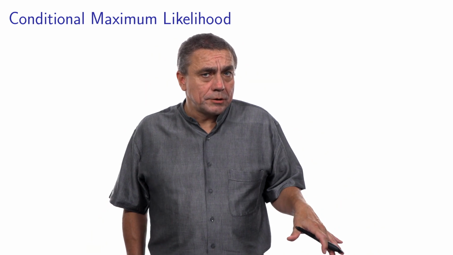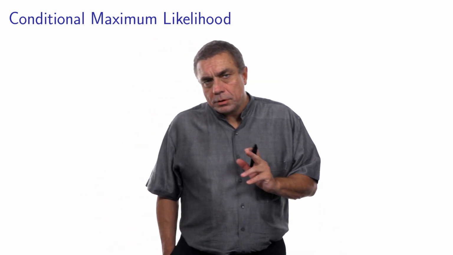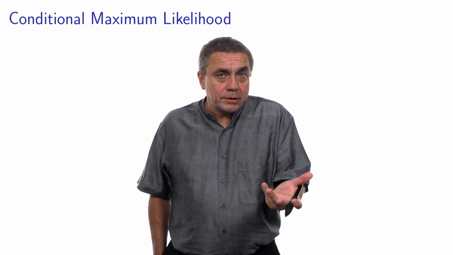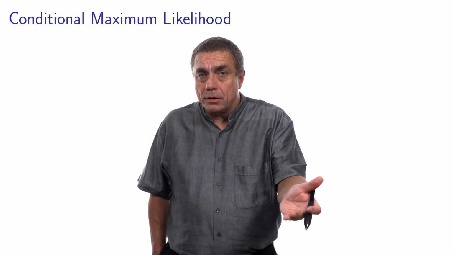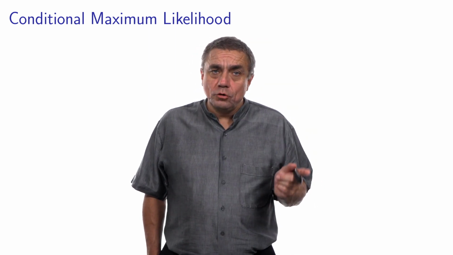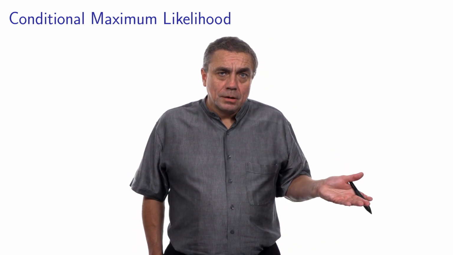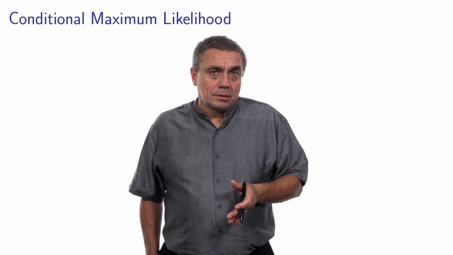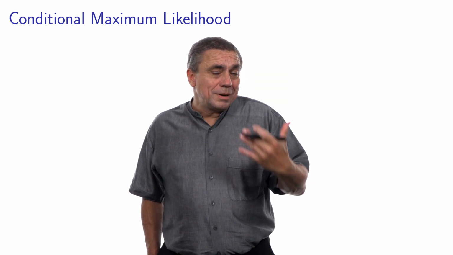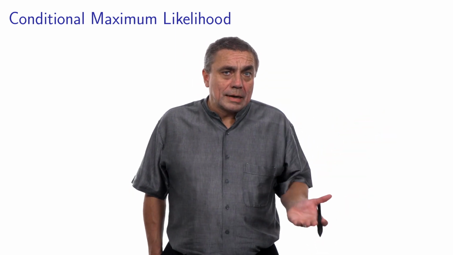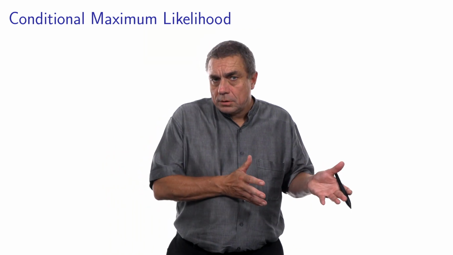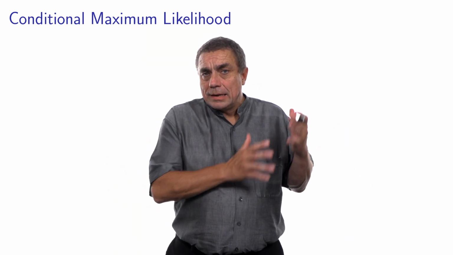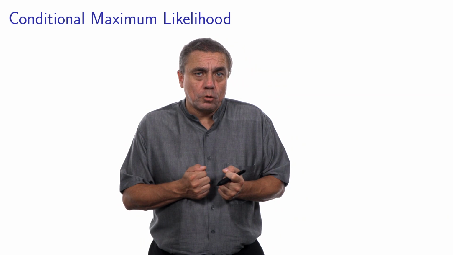So this is a different estimator. And it has some interesting property because, like the maximum likelihood estimator, it is consistent. It means it is asymptotically unbiased. But, contrarily to the maximum likelihood estimation, it is not efficient. Efficient means that you have the best possible variance among all estimators. So somehow, the precision of the conditional maximum likelihood estimator is less than the maximum likelihood estimator. So this is somehow the price to pay in order to simplify the formulation.